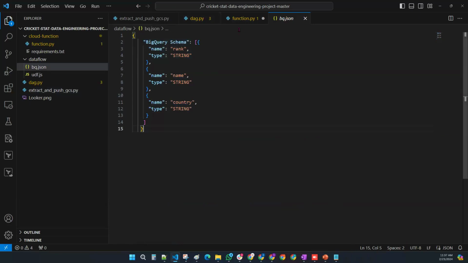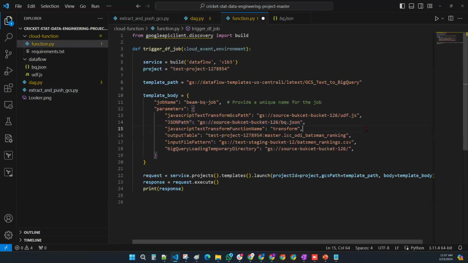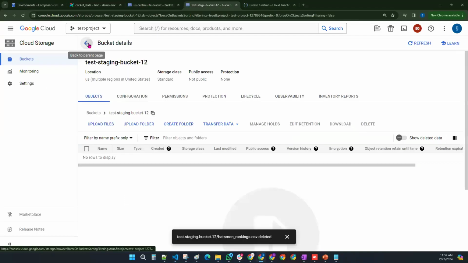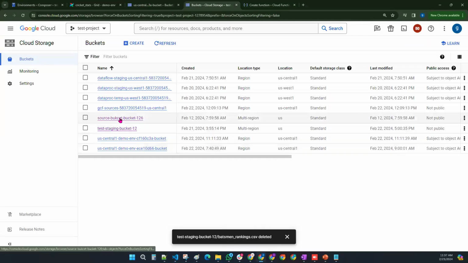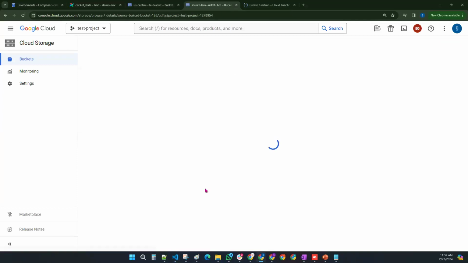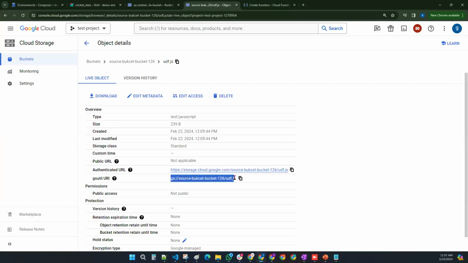These two files we need to upload to one of the buckets first. Let me upload it. Let me go here and upload it to one of the buckets. I'm selecting the source bucket. See here, I have already uploaded bq.json and udf.json. So I need to copy this path. For example, udf.json, copy this particular path